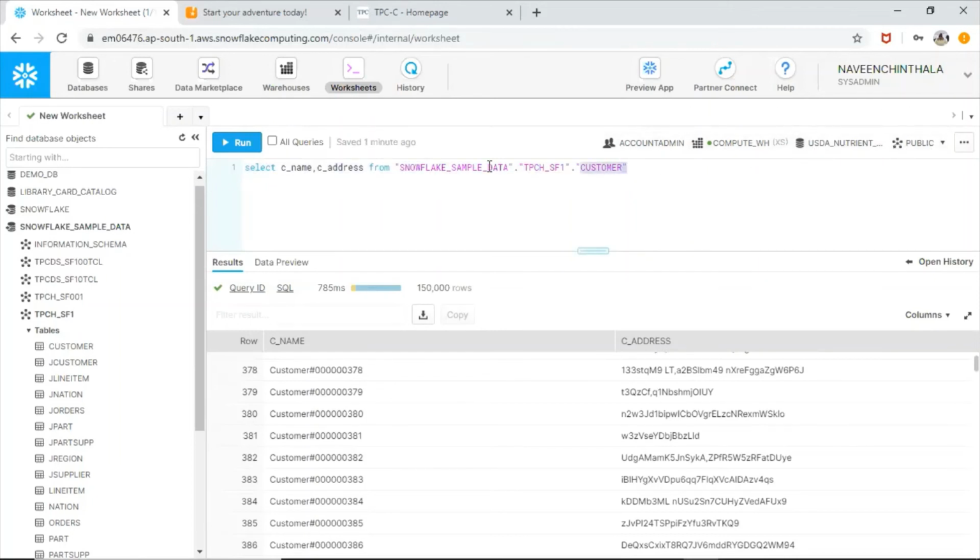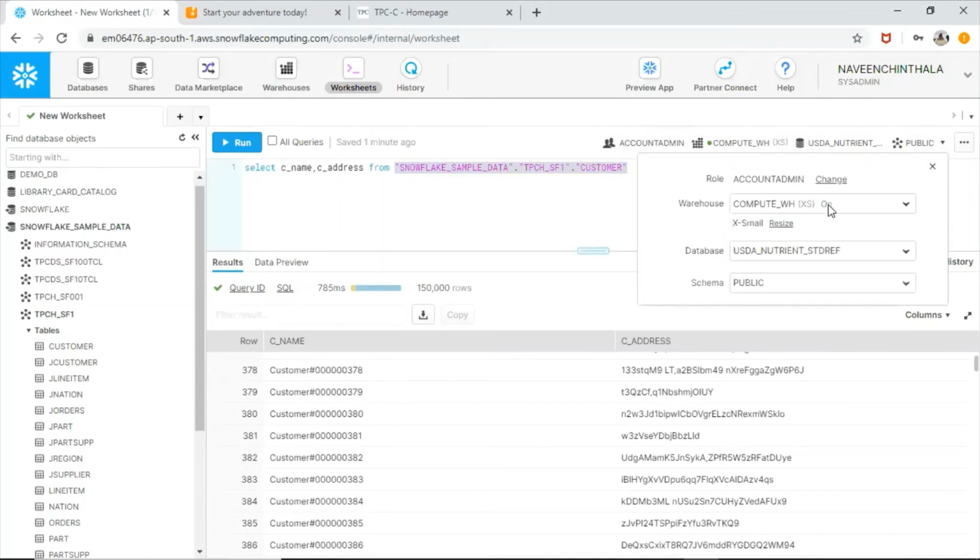Anyway, we have given the fully qualified name, right? That's why it is not considering this database name and schema. Even if you want, you can change those details here. If you want to run on another warehouse, we can change it here, but I have only the compute workflow warehouse, so it is showing only one here.